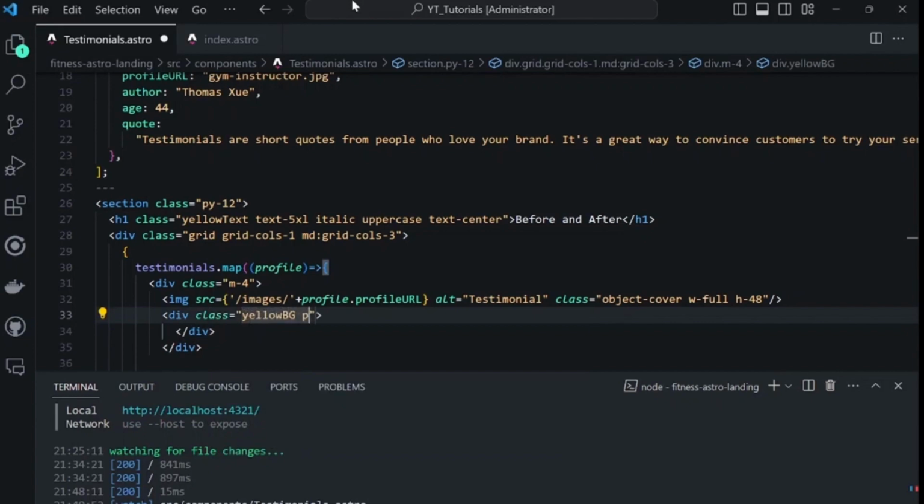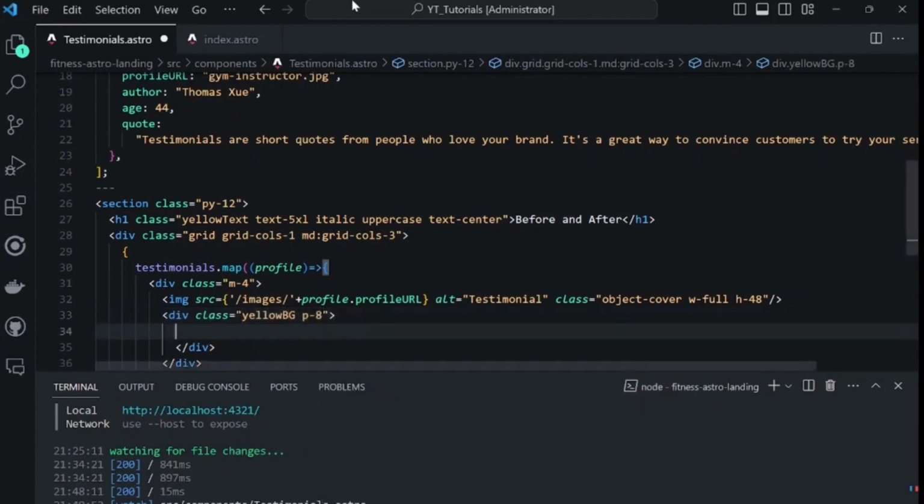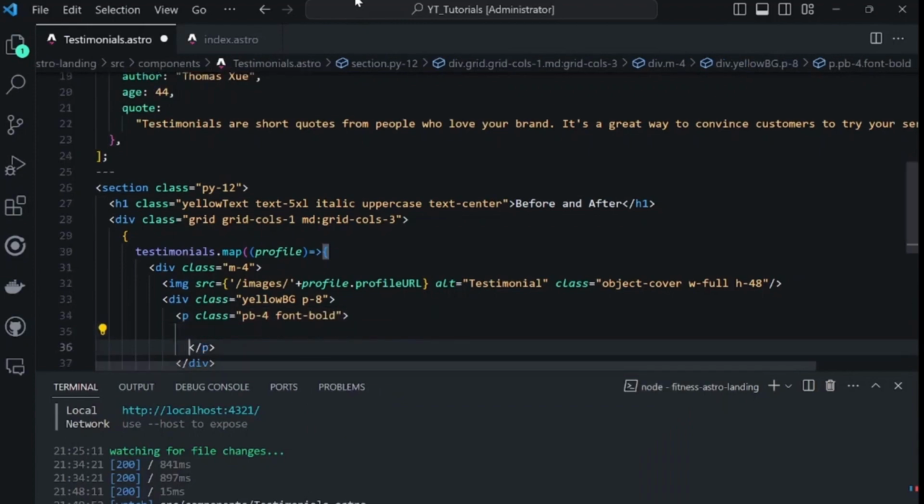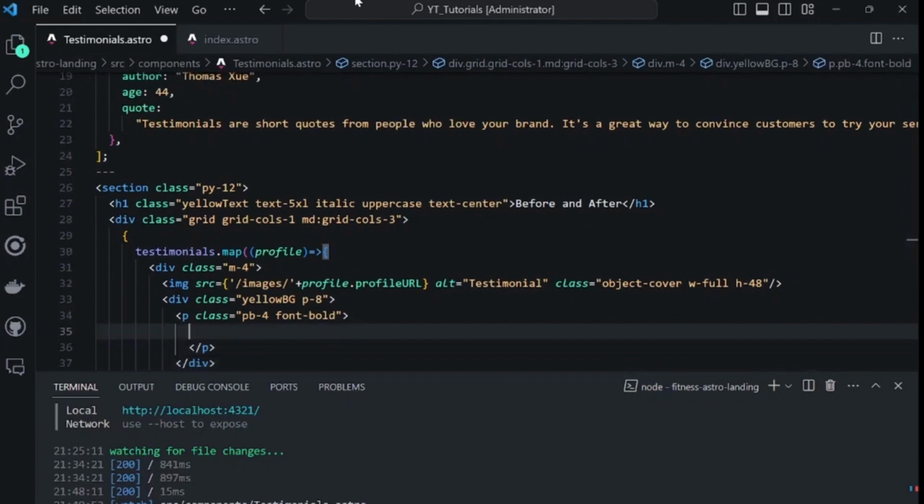And we'll put a padding of 8. And inside that div, we want another paragraph tag. And we'll give this one a class of padding bottom 4 and font bold. Inside that tag, we want to put in curly braces profile.quote,